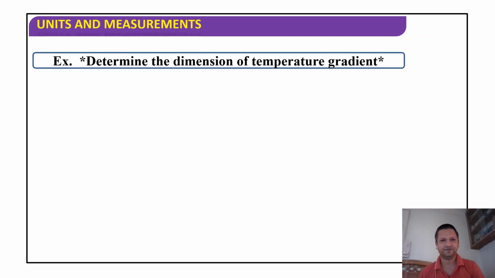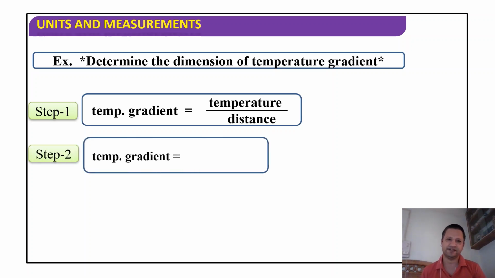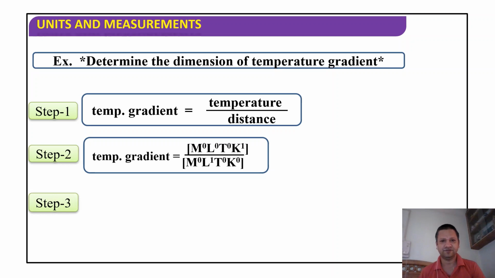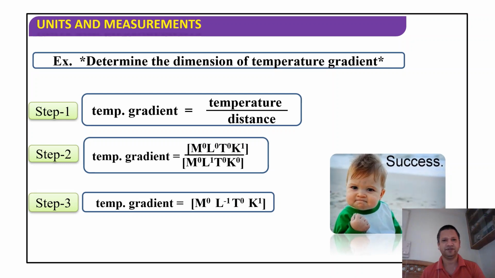We try to understand the dimensional formula of temperature gradient. So what is the first step? We know the formula, temperature upon distance. Second step, we write down the dimensions of these terms, M0, L0, T0. For temperature it is Kelvin, and for distance it is L. So we write down the dimensional formula of temperature gradient as M0 L minus 1 T0 K1, from denominator to numerator. This is the success and the confidence we get step by step when we start writing